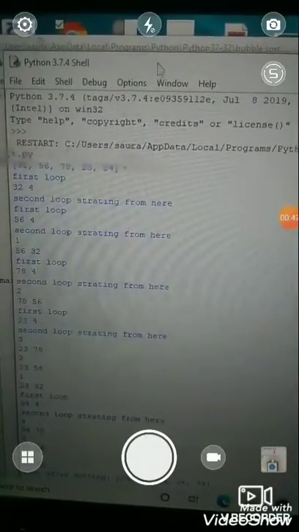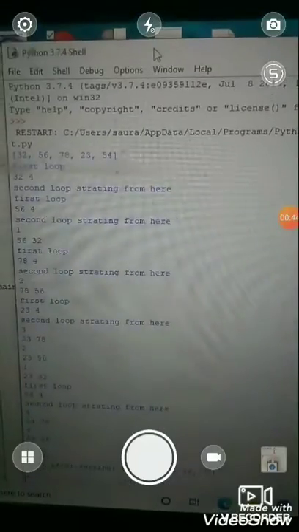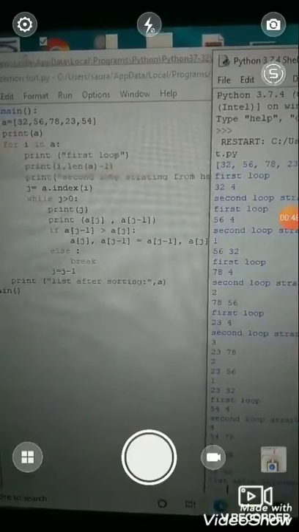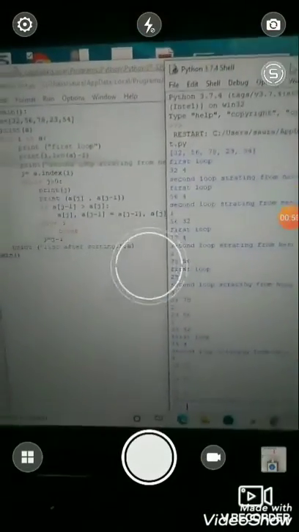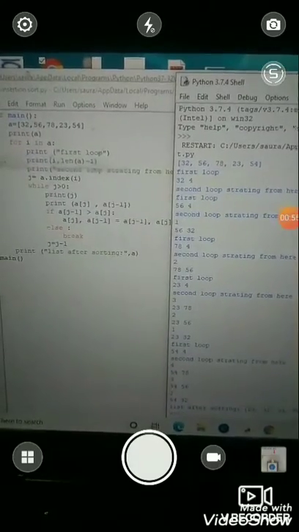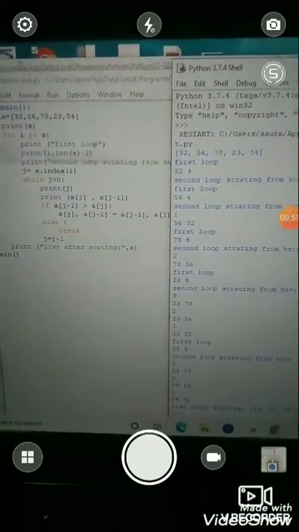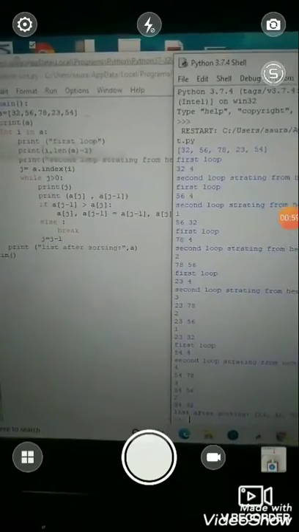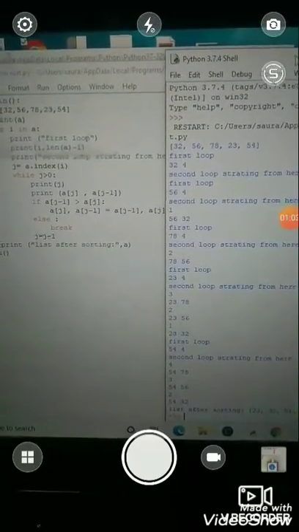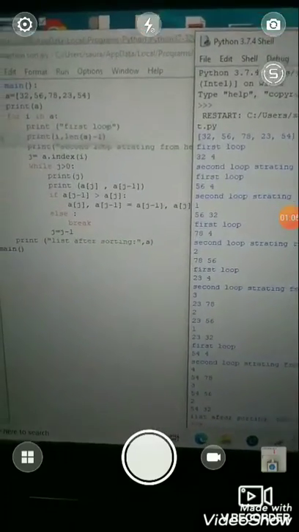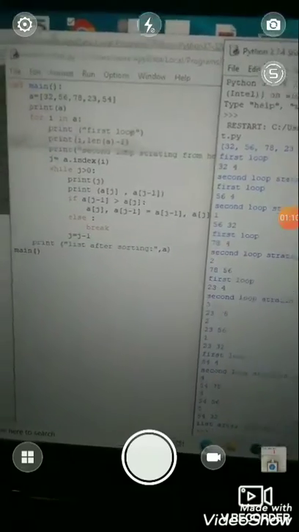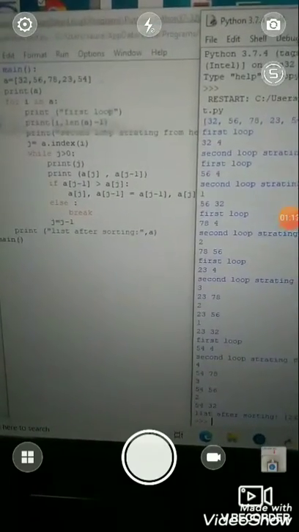So here you can see the output. Let's understand by comparing both windows. Here you can see first it displayed the list that is unsorted, then after it displayed the first loop that is given in our script with print option.